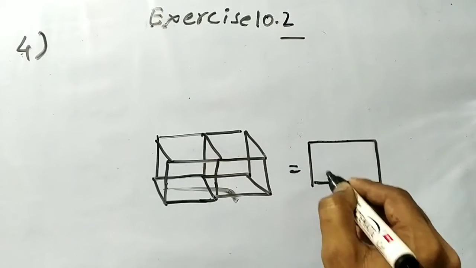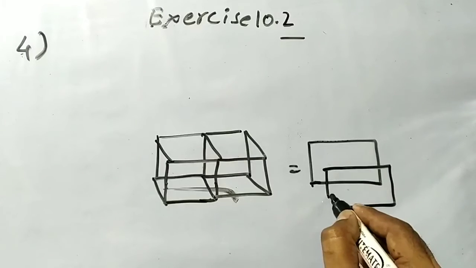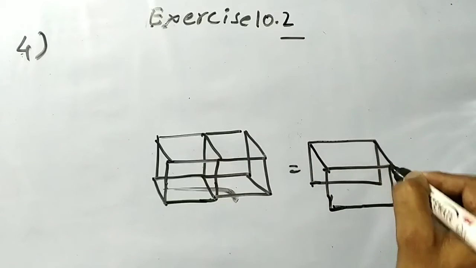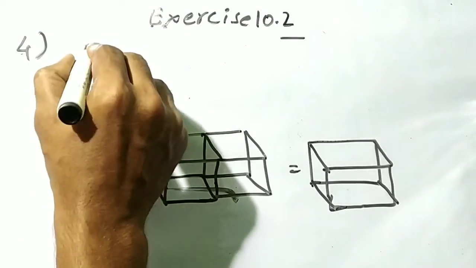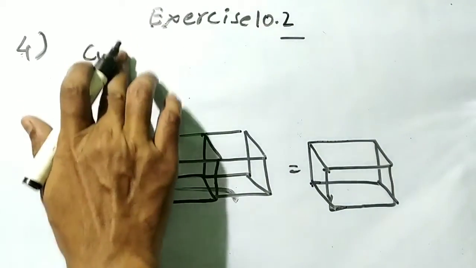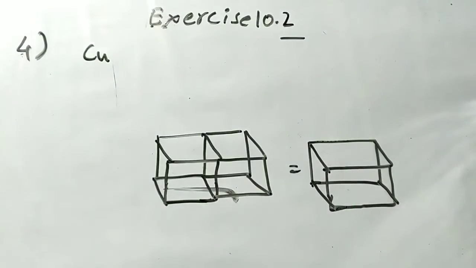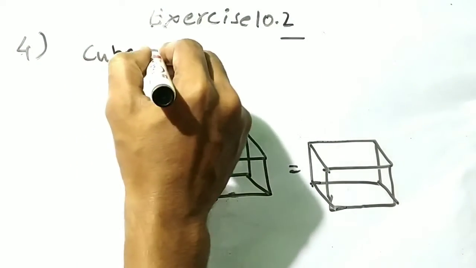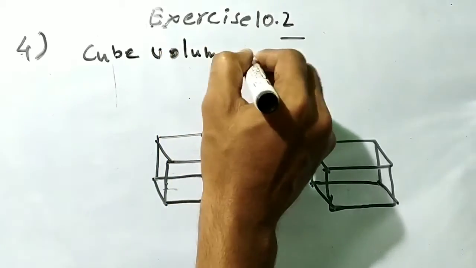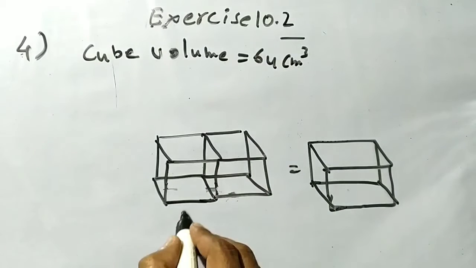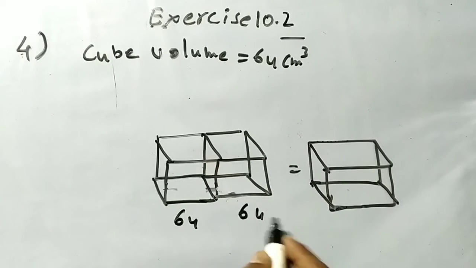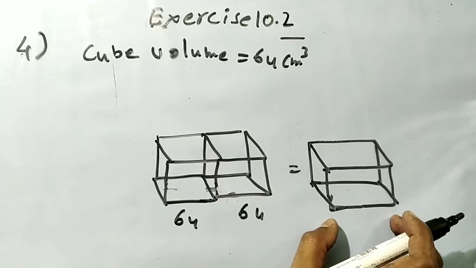So we know that is a cuboid. They have given the volume. The one cube volume is 64 centimeter cube, and another is 64 centimeter cube. So we have to find, not the volume of the cuboid, but